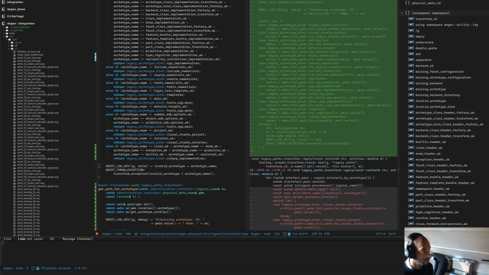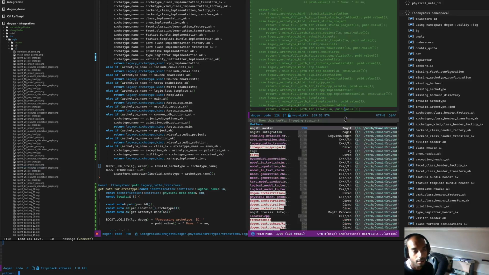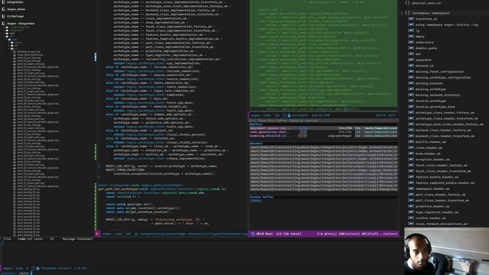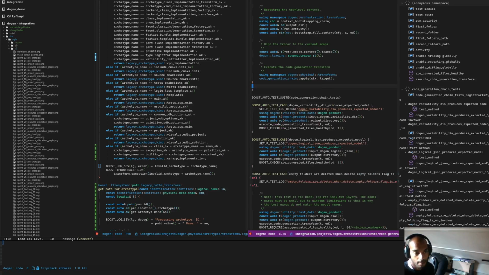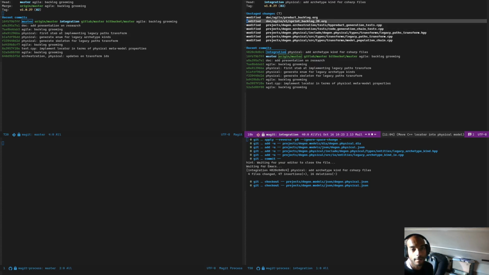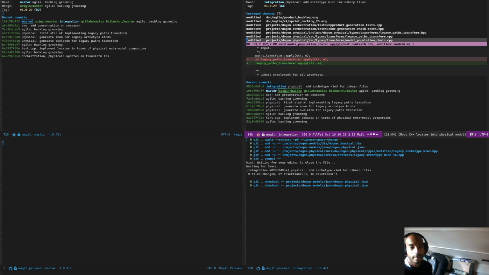Let me just move the VC diff here to my compilation window. You can't see that, but I can. And then if I just go to the tests, right, for now I'm just going to remove this so I can commit all of this stuff. Right, so what we're going to do then is we're going to say